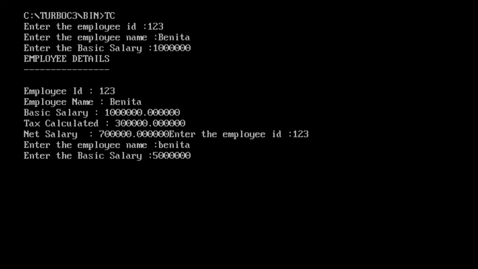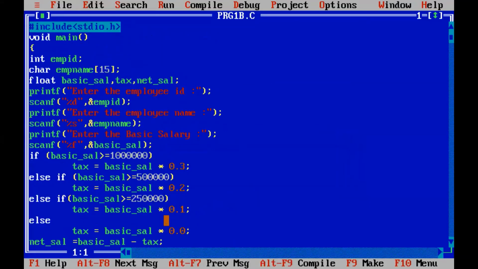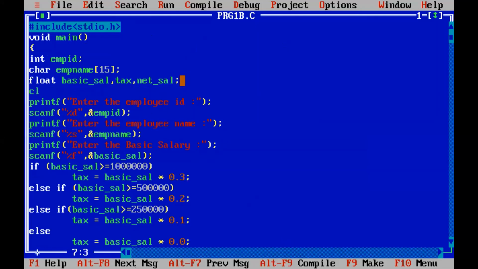Others, those who understood can start typing. Okay. So here we know that the previous 2 executions are also displayed. So what we have to do? Tell me what we have to do in order to remove the previous execution. Gautam? CLR is CR. Clear screen, right? So it should be given after the variable declaration. Okay, variable declaration is the first part.